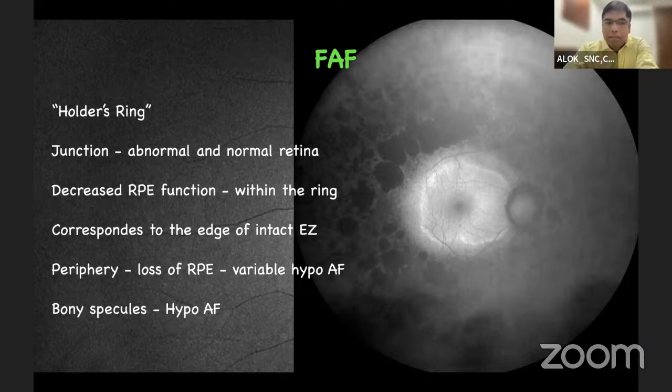And this indicates decreased RPE function at this point, and it corresponds to the edge of an intact EZ, or ellipsoid zone, on your OCT. Now, the peripheral retina may show variable hypoautofluorescence, and this is because of the RPE atrophy. The bony spicules that you see, the pigmentation that you see, also appear hypoautofluorescent on fundus